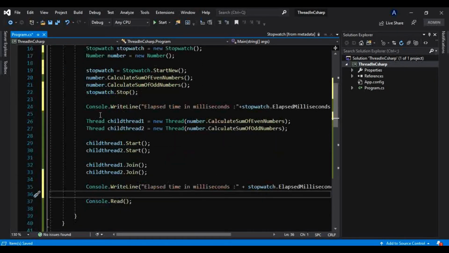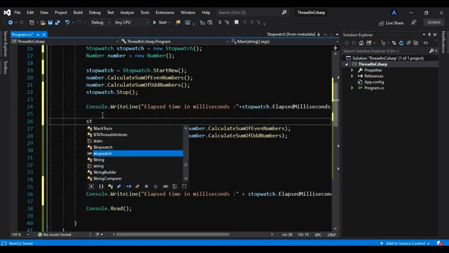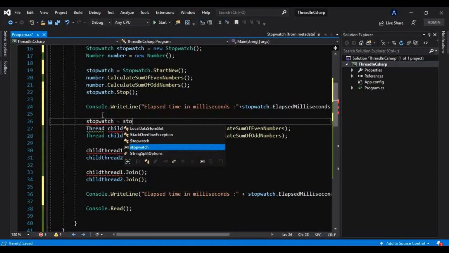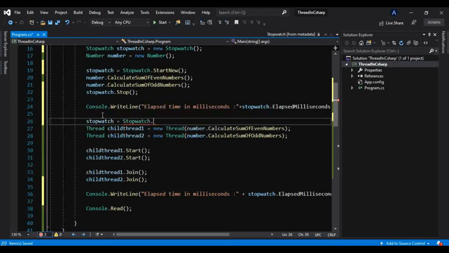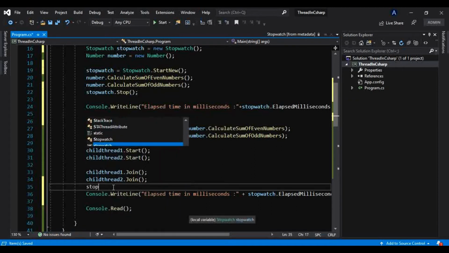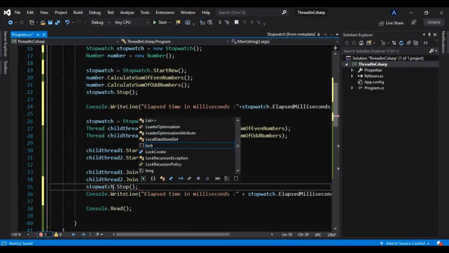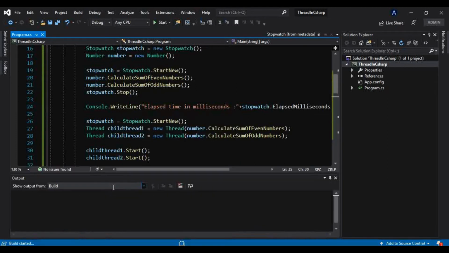And similarly I have to make a new Stopwatch start its counting with StartNew, and I will stop it here. Okay, and let's run this and see what happens.